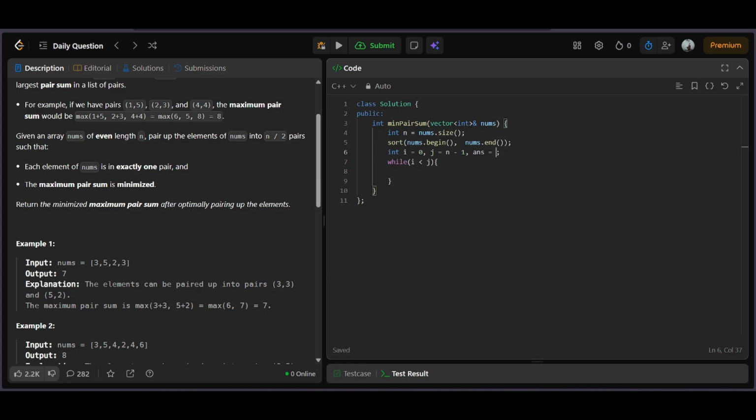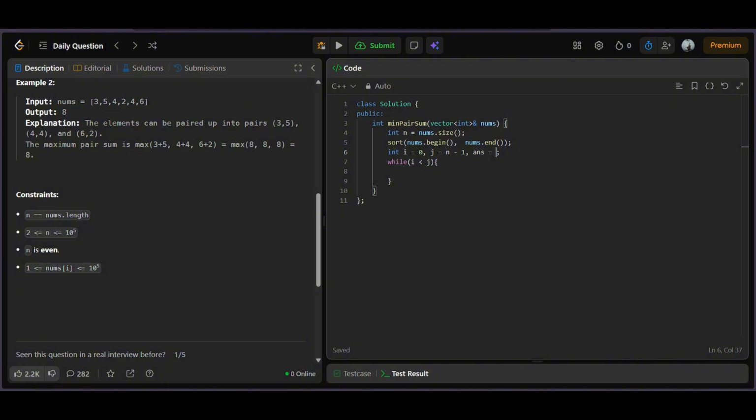Let's make it a big number, right? The maximum nums[i] can be 10 to the power 5, so let's take 2 times 10 to the power 5. That would be sufficient. And answer will be the minimum of answer comma nums[i] plus nums[j]. And after that, we should